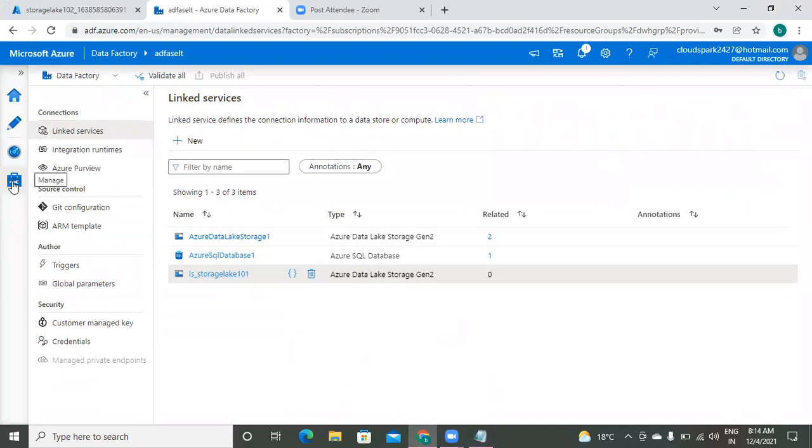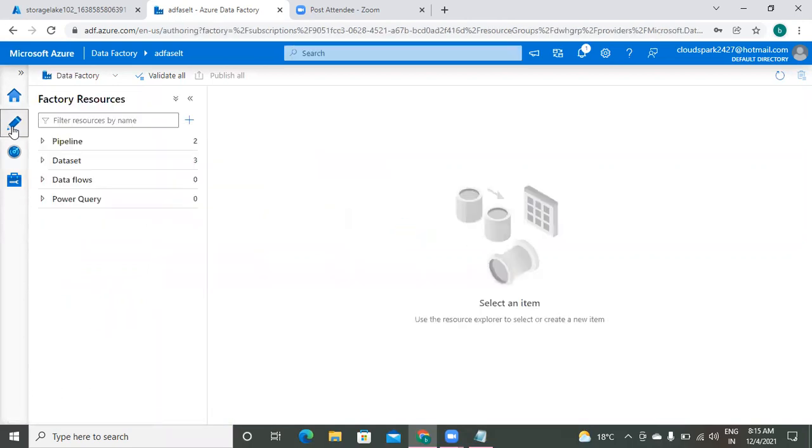So this is for manage. Within manage only, integration runtimes and linked services you can create. Look at the second, which is the pencil icon. Just click on that. You will see 4 options: pipelines, data sets, data flows, and Power Query. Power Query is a recent option, especially in version 2. 2 months back, this was in beta. Okay, now it is completely matured. In our course, I will cover Power Query also.